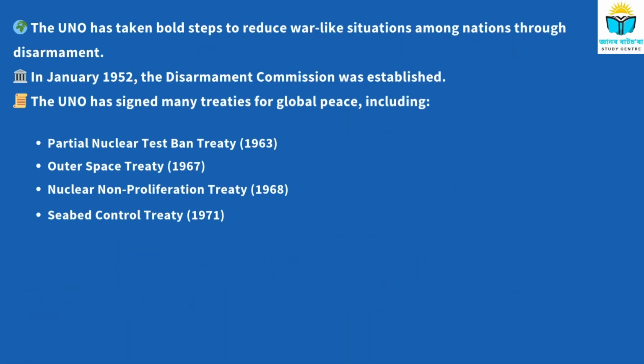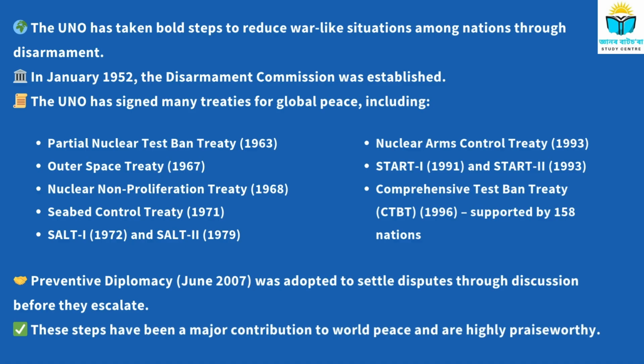The UNO has always believed that to achieve true peace, we must reduce weapons and chances of war. That's why it has taken several bold steps towards disarmament, the act of limiting or reducing weapons. In January 1952, the Disarmament Commission was set up to lead this mission. Since then, the UNO has worked hard and signed many important treaties to promote peace across the globe, such as